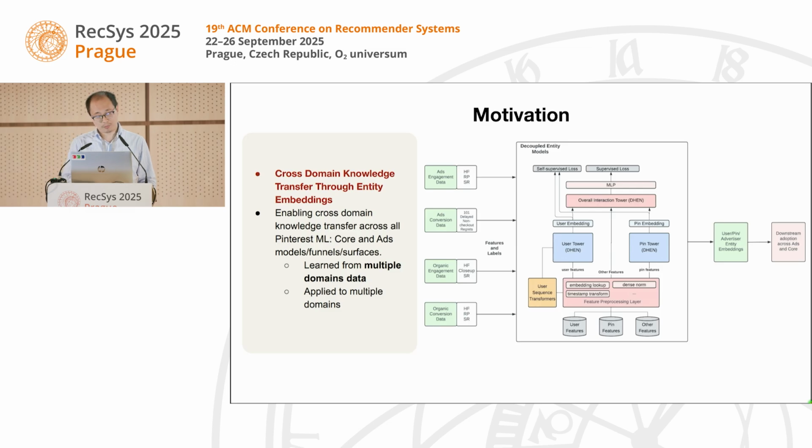To support such a multiple-surface user experience, we have a lot of teams across the core and ads working with ML. So how to leverage each of their individual domains' information to benefit all the downstream use cases is always a challenge. By domain here, I mean basically each team has their own training data, their own models, their own business goals. So the solution we propose here is that we can build a large upstream model and let it train on different individual domains. And we can learn multiple user and pin embeddings and use them as features to help the downstream models.